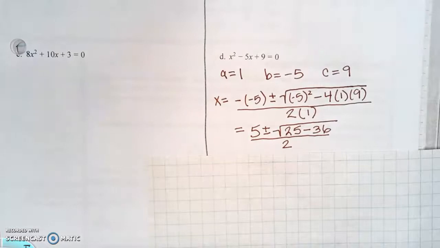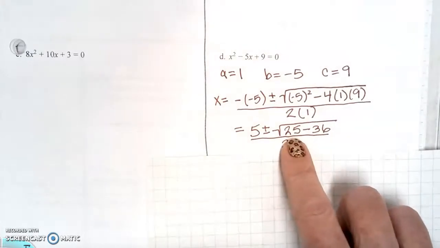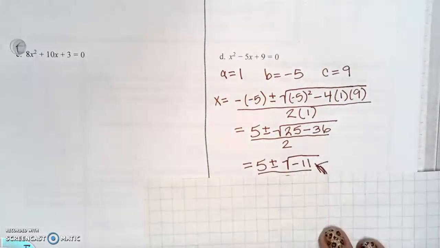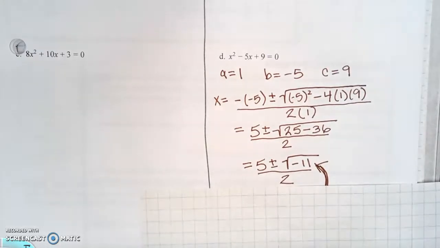Now we can simplify under that radical just a little bit more. We're going to do 25 minus 36, which is negative 11. So we have 5 plus the square root of negative 11 and 5 minus the square root of negative 11, and then each of them divided by 2. However,